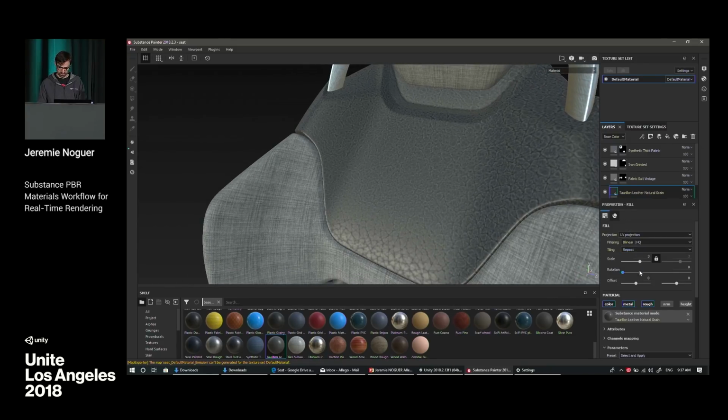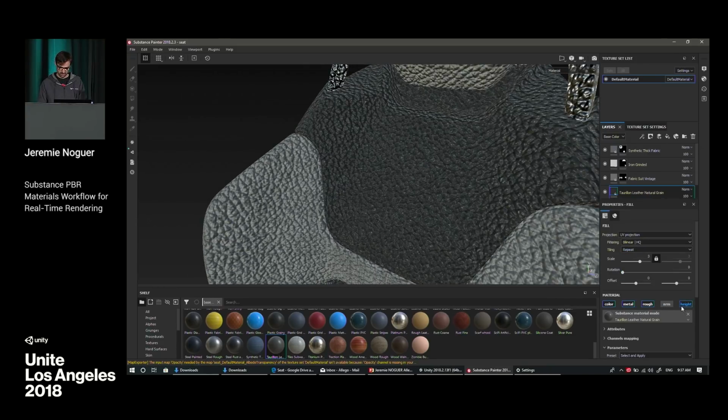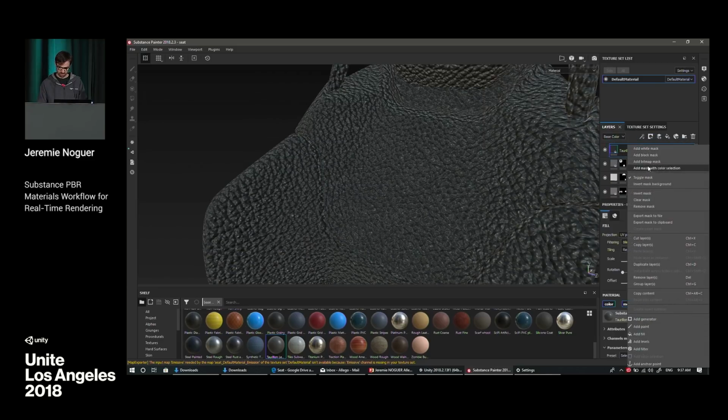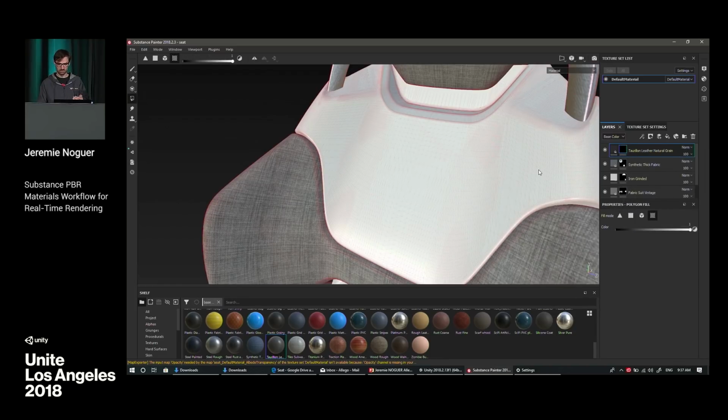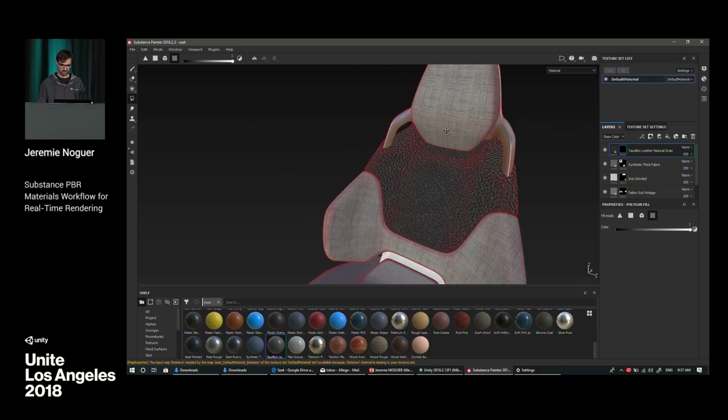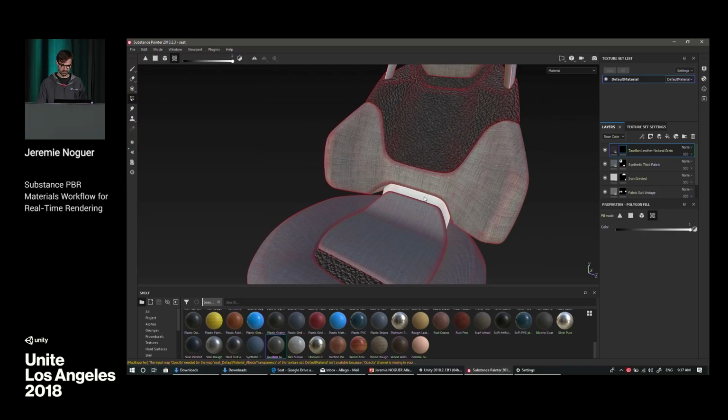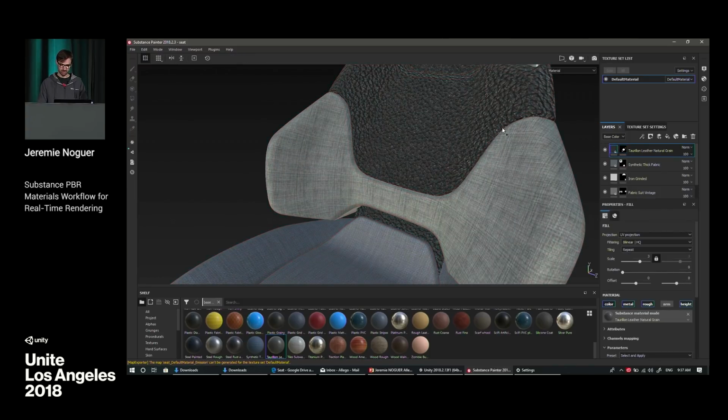And so now I'm going to go and get the fabric on, and you know what? It's actually going to be easier if I put it on the top and create a mask, just because the normal map is coming through, and I would have to set up my different layers so that it wouldn't come through. It'll just be easier to do it this way for now. All right, there we go. I have my